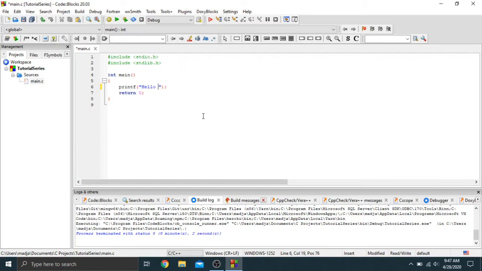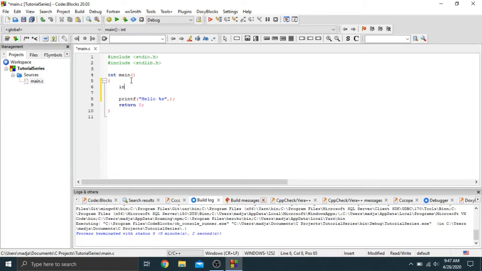So if we want to put any kind of type, like primitive types like string or character array pretty much, int, double, float, basically all of the different primitive types, then what we would need to do is use a percent and then whatever we want. So we'll do percent string. And then what we want to do now is we want to say comma, and then we want to pass in an argument. Now we didn't make one yet, but in order to do that, all we need to do is do